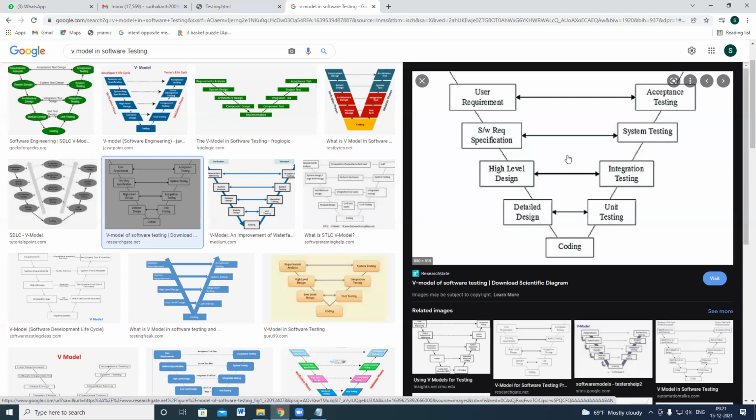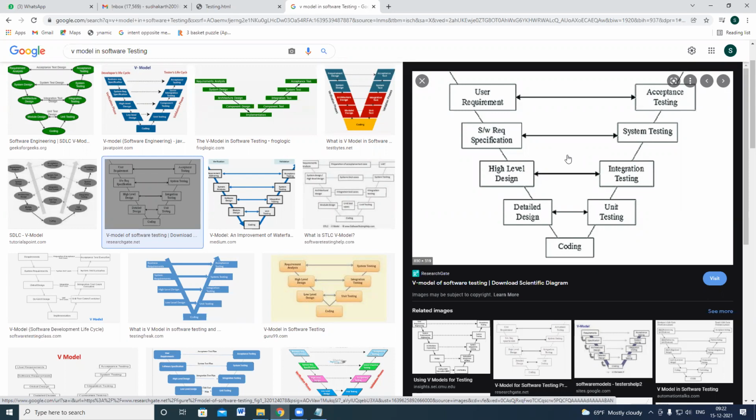The project manager can set up a meeting and take the updates only one time. Whereas in Agile models, daily you will have to be involved in various ceremonies, sprint planning meetings, and sprint review meetings. After completion of the sprint, you have to join defect triage calls. So all these meetings will be there in Agile. But in the V model, not much interaction is required because everything is frozen and everything is stable.